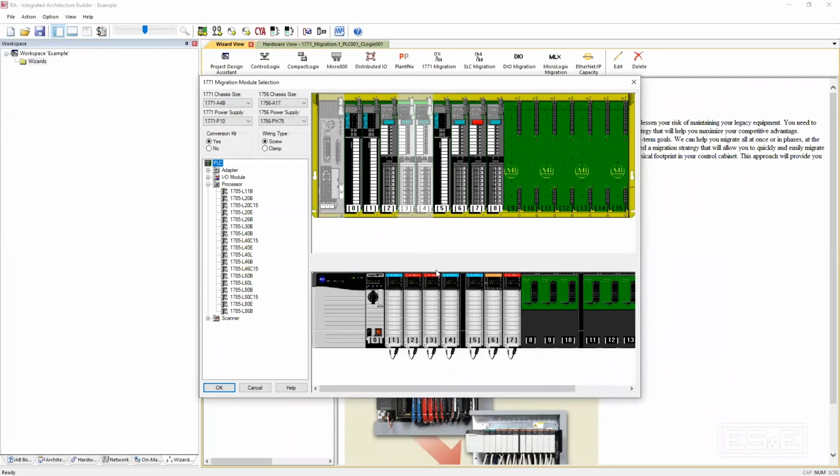So what I'm showing here is our example existing chassis. This is what we used to have. And we know exactly what we have because we've done an installed base evaluation. So we know what these part numbers are. We're not doing any guessing. We're not assuming here. If we actually populate this chassis with what is existing, then what the software is going to do is automatically give us recommended replacements. So it's giving me recommended replacements. It's including information for what's called a conversion kit in this example, where I can actually complete this upgrade